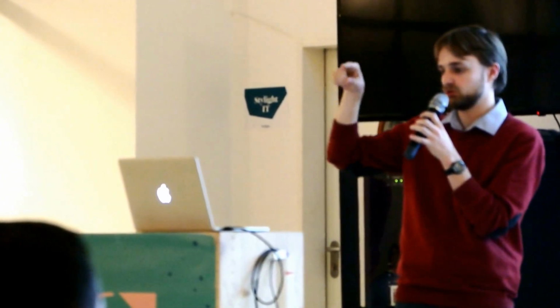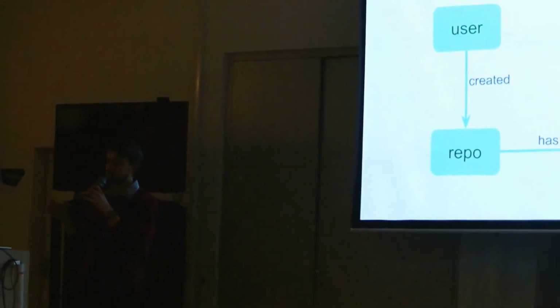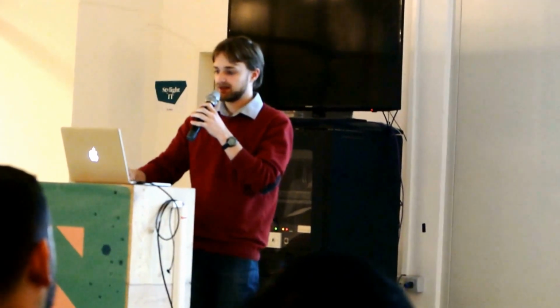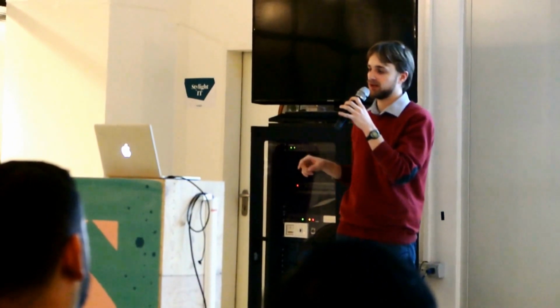And in fact, when it looks like this, you would think that it can be structured easily as, well, the user has repositories, repositories have issues, so that it's all like one big tree, and we could convert all this data to just one big JSON and have the API like this, or maybe ask for some repo and just have all the issues. But the problem is that the data is in fact not really a tree, and it gets more and more complicated with many more